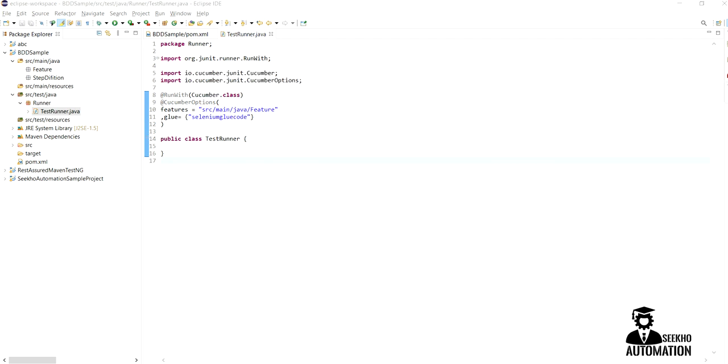Here I have added the required suggestion. Your src, test, java and your feature path is correct. Now we'll execute this one.